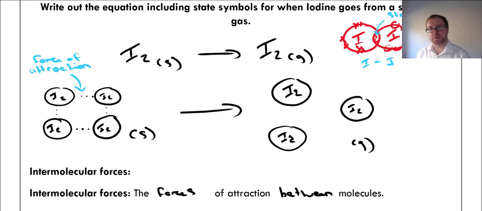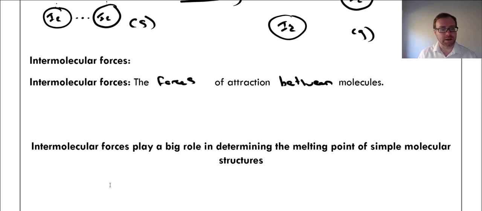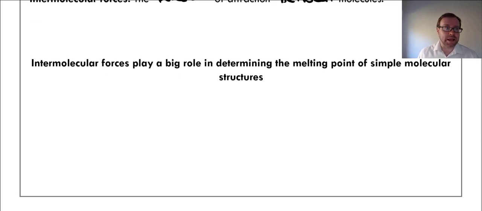Now we know that covalent bonds take lots and lots of energy to overcome. So it's not this force of attraction, this covalent bond, that we are breaking when we are changing state. We are only breaking the weak intermolecular forces when we change state for a simple molecular structure. That's why they have low melting points. Okay, so again, moving on, so intermolecular forces play a big role in determining the melting point of a simple